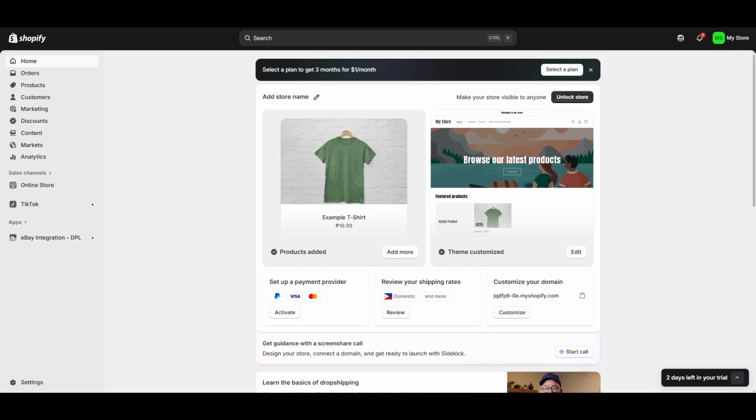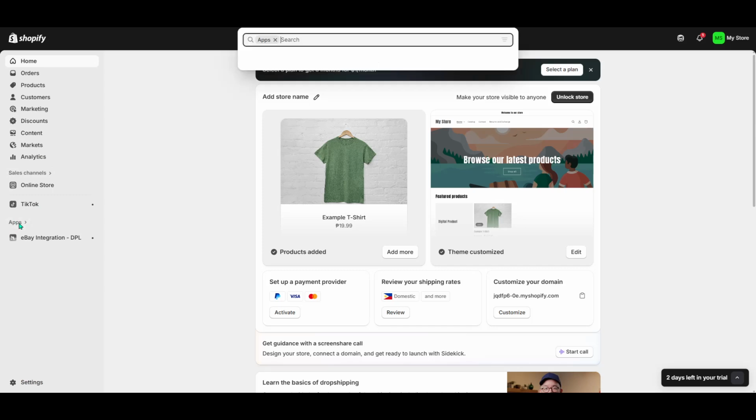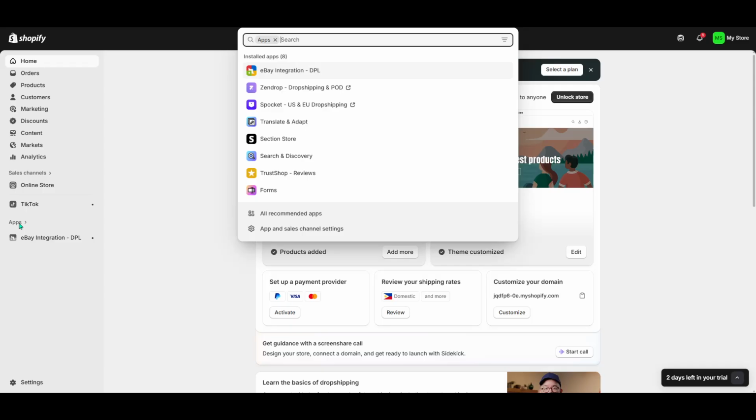smooth and straightforward. First, start by navigating to the left panel of your Shopify dashboard. Here, you'll have access to a variety of options, and among them, you'll find the Apps section. This area is where you can manage and discover applications that integrate seamlessly with your store, helping you create a more robust online shopping experience for your customers. Once you click on Apps,